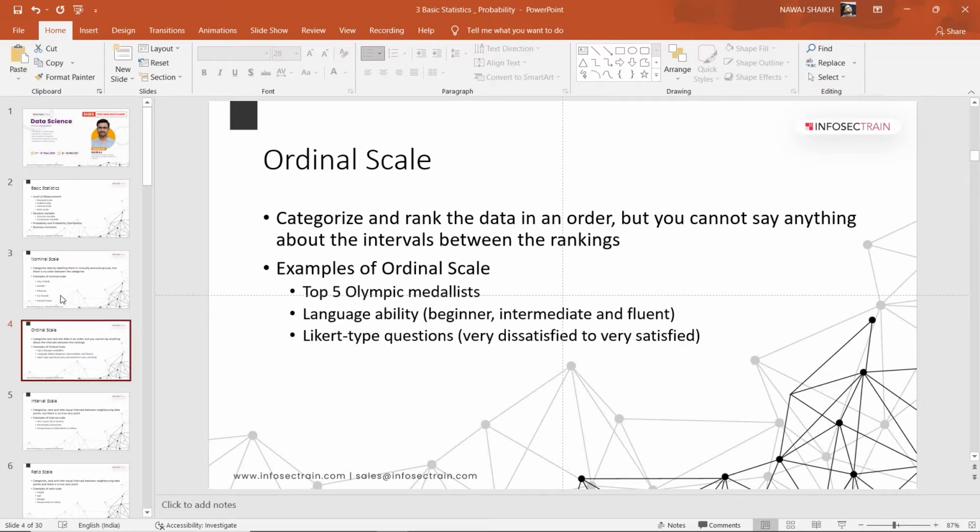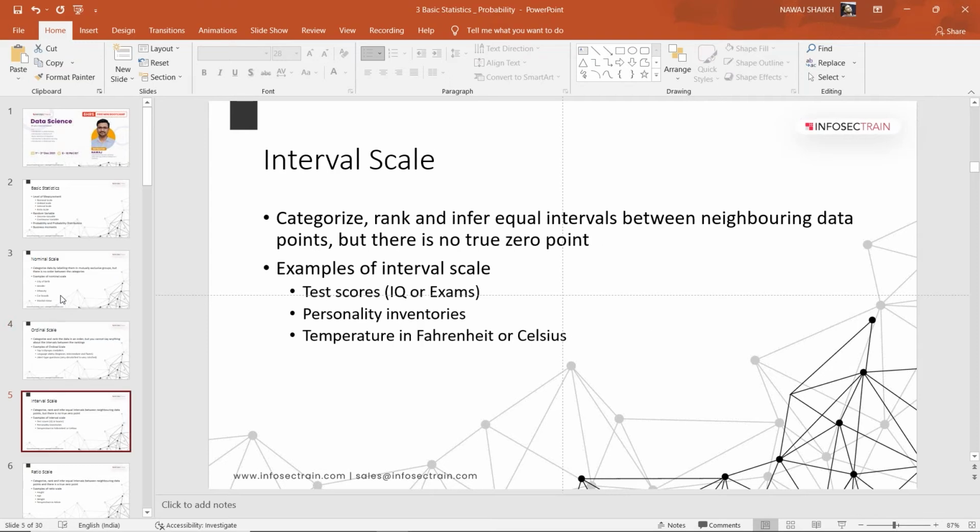Then we categorize and also rank the data. Now we categorize the data, rank the data and infer equal intervals. Examples are test scores, personality inventories, and temperature in Fahrenheit or Celsius.